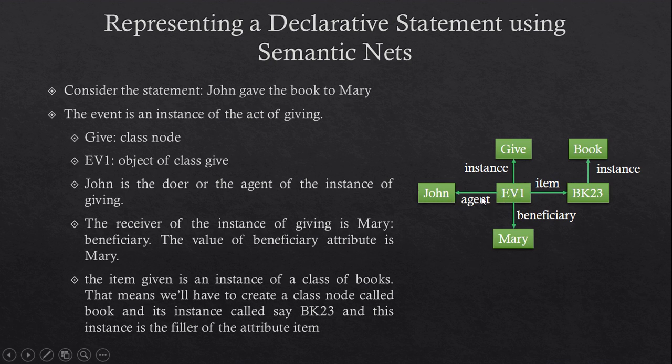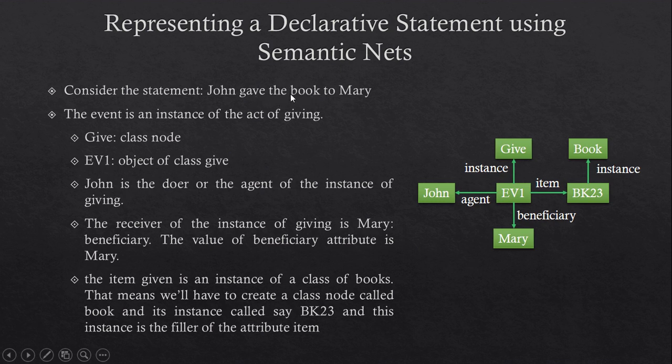So, agent can be the attribute of the instance of the event. The value of the agent attribute is John. The receiver of the instance of giving is Mary. Let us call the attribute beneficiary. The value of the beneficiary attribute is Mary. The statement is John gave the book to Mary. So the item given is the book.